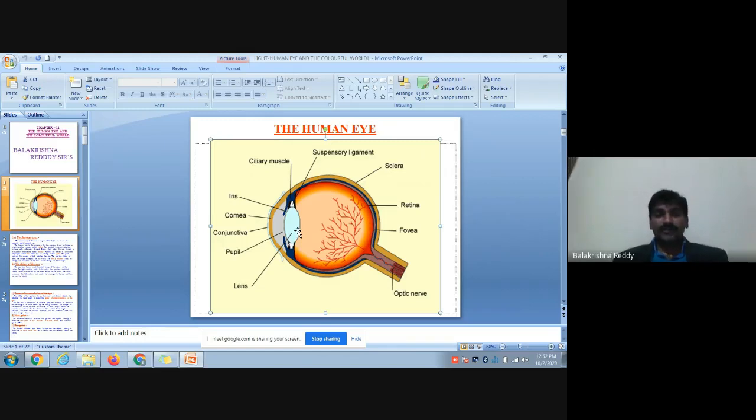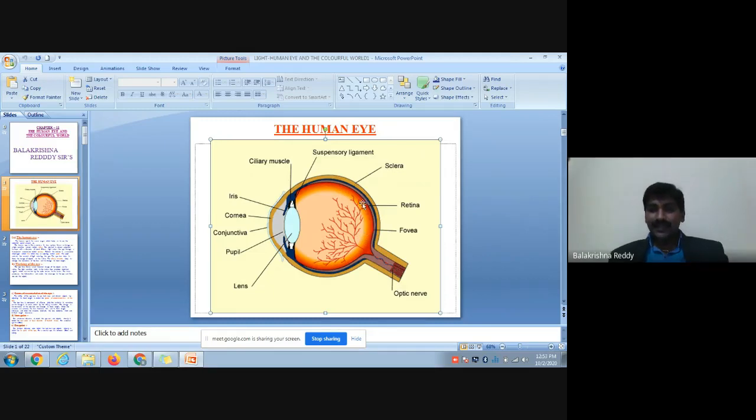Then, the shape of the eyeball which you find outside is called the sclera. The outline of this eye will change depending on the eye defects. And after that, you have the retina, which you are seeing here with eye nerves. This eye nerve covered area in total acts as the retina.